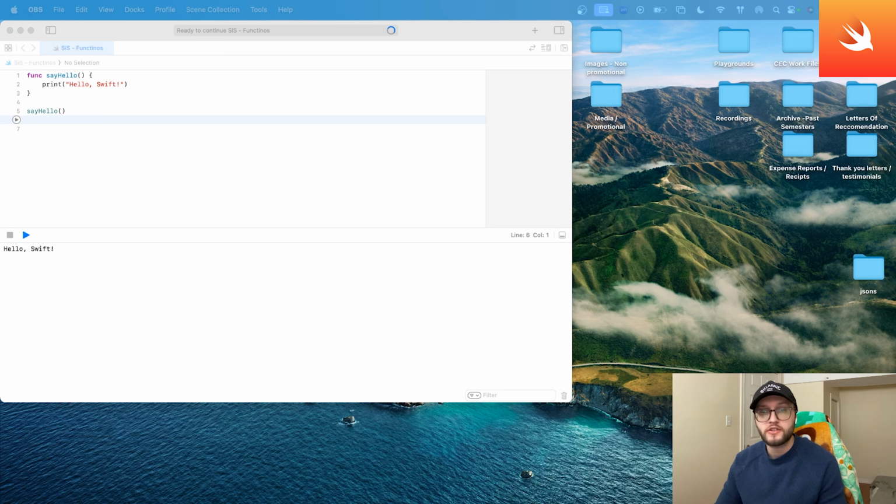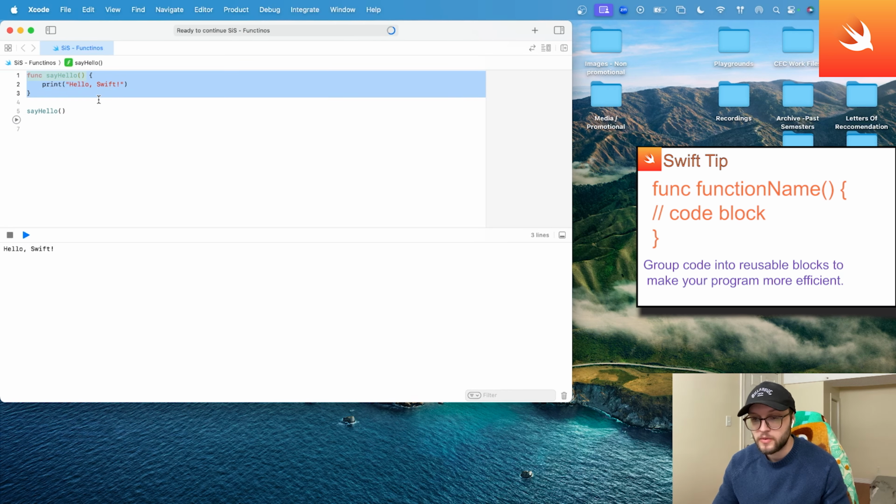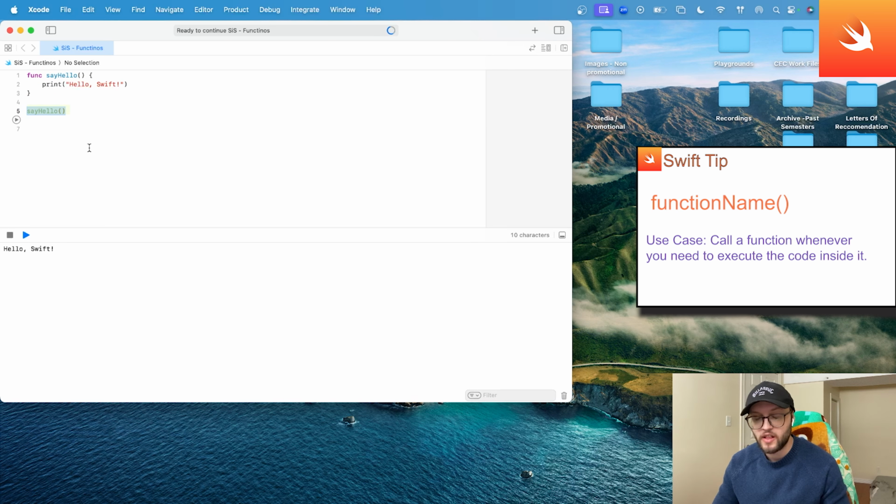Today we're tackling functions, one of the core building blocks of Swift. Let's dive on in. Functions let you group code into reusable chunks. Think of them as your go-to recipes. Write once and use anywhere. Here's a function, sayHello. Write it once, and then boom, call it by saying sayHello, and you'll have